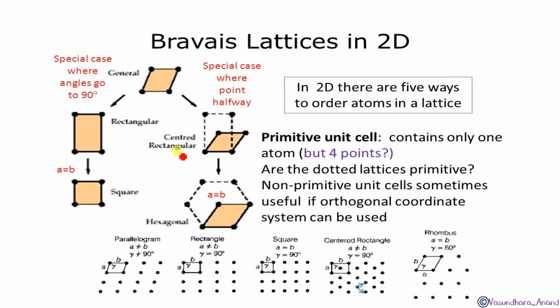Centered rectangular, that is like this. You can see here, let me show you. This is the arrangement. Here it will be one point, another point, third point, fourth point, and the next layer point will be in between these two. Got it? Should I draw?